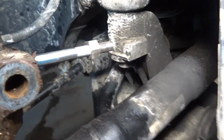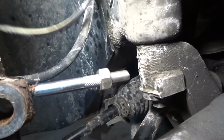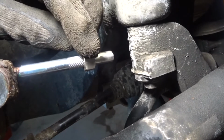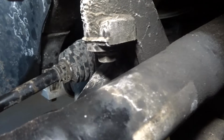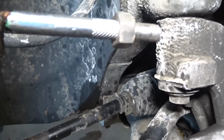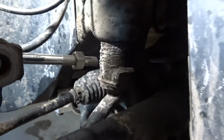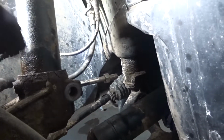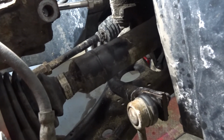All right, so there's the tool in place. Hard to film this, but I've inserted it, and it's too long. I'm going to have to shorten this tool, but I was able to turn it 90 degrees, and I don't know if you can see my little blue stripe there. So once that's horizontal, then you know that it's spread out, and so now we're going to be ready to hammer this off, but we won't start until we pull down the